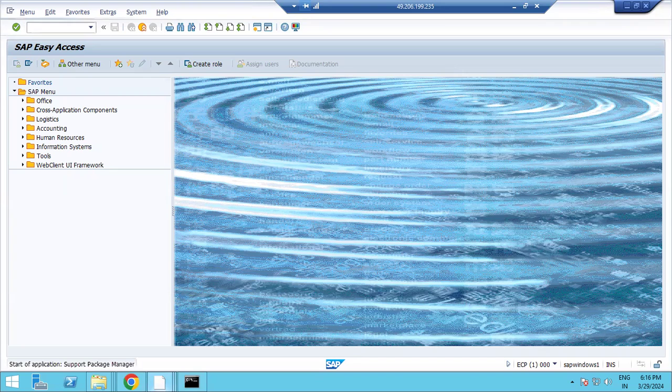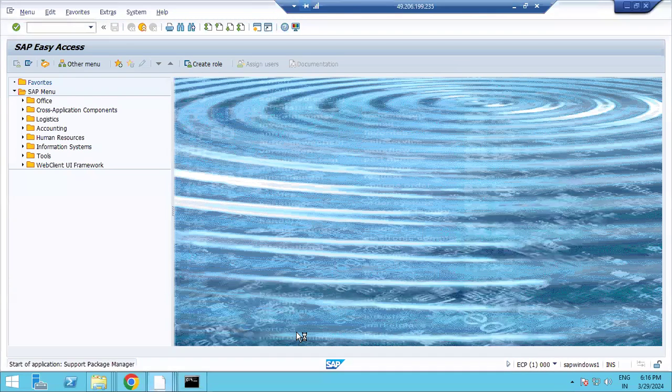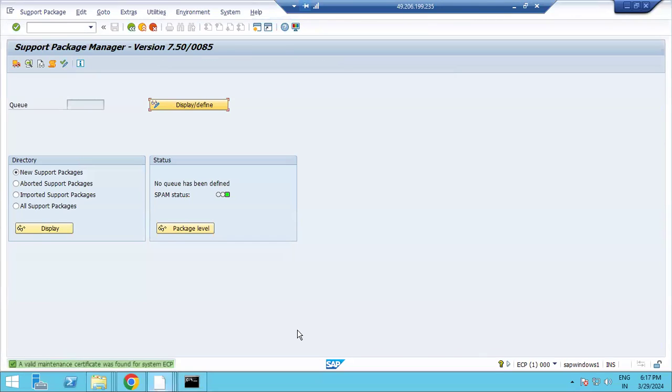Now we are going to update the existing components to the latest version. One of the components is called the STPI component. Here we are going to this component level. This is the SPAM transaction code, right? Here you can see the options. The first thing we have to do as part of the plugins update